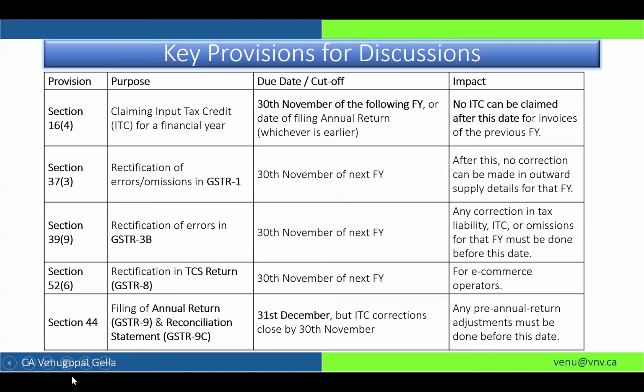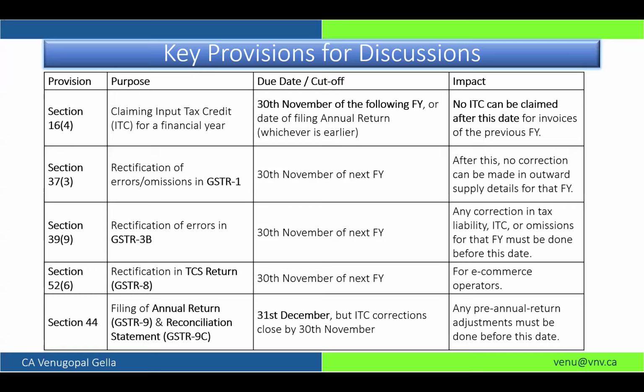So everyone, if you look at this, all of Section 16, 34, 37, 39, everything is 30th November. And the definition of 30th November, as Ashika has explained, appears to be 30th November, but is not 30th November in the true sense.